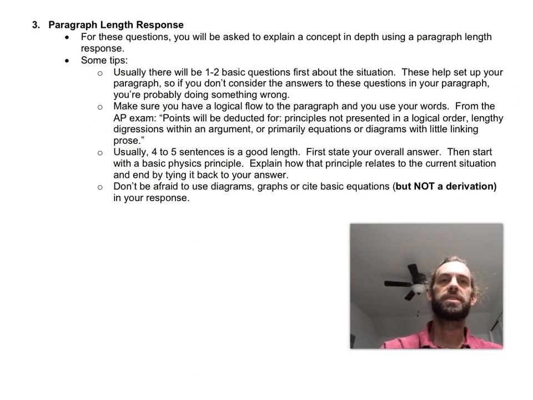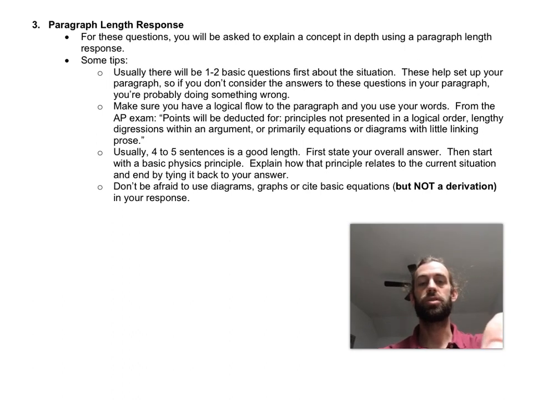Let's start explaining what the second type of question that you'll see is. This will be the second question on your exam, and it will be the 15-minute question with 5 minutes to respond, and that is the paragraph length response question. Now, you've seen an example of each of these on the past two practice exams, but let's talk a little bit about them. They'll always set up with some basic question that is usually worth a point or two,